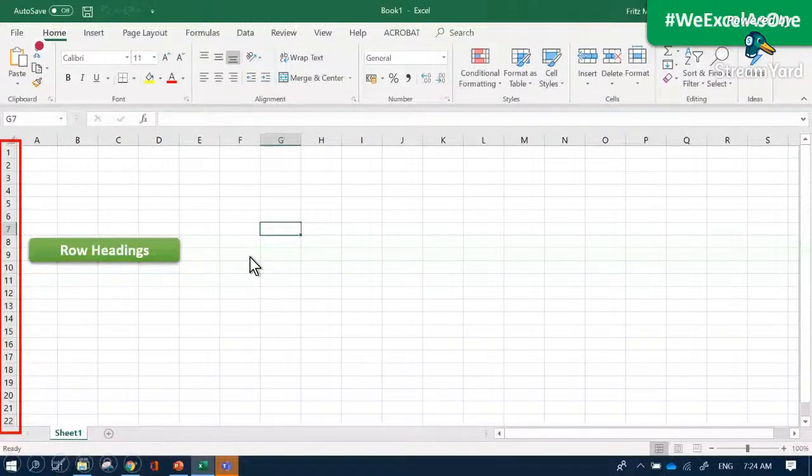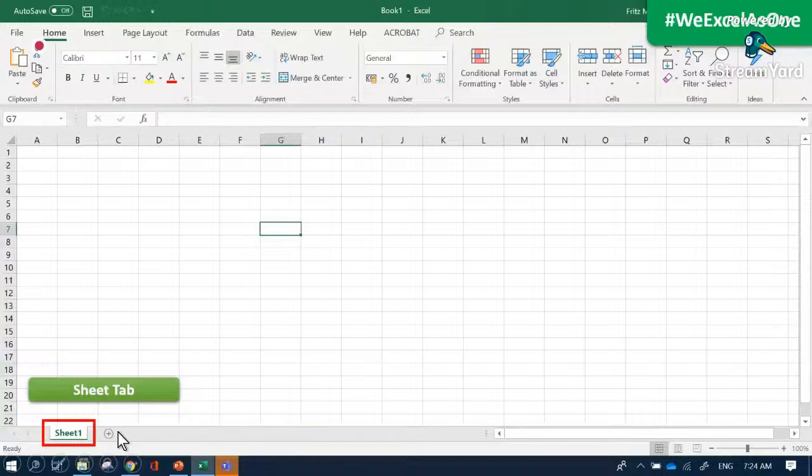Next, we have the sheet tab. The sheet tab at the bottom part is used to display the worksheet that we are currently editing. So say, for example, I am currently editing Sheet1. If you want to add more sheets, you can click on the plus sign next to Sheet1 to add sheet tabs. Next to the sheet tab, we have the status bar at the bottom part of the Excel screen, which displays various information about an Excel worksheet.